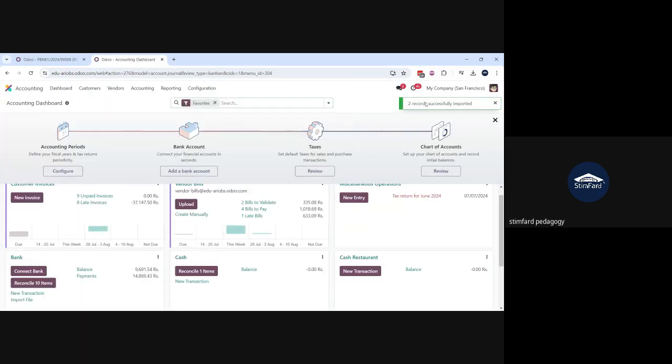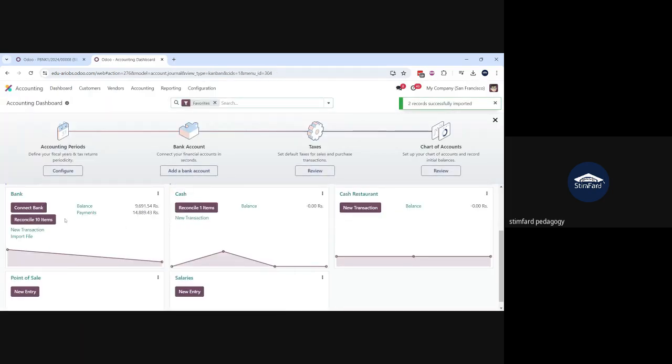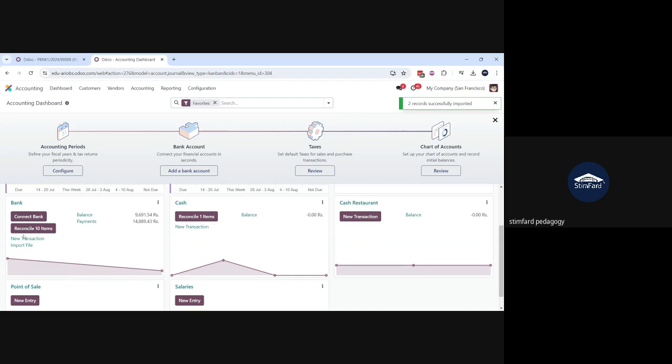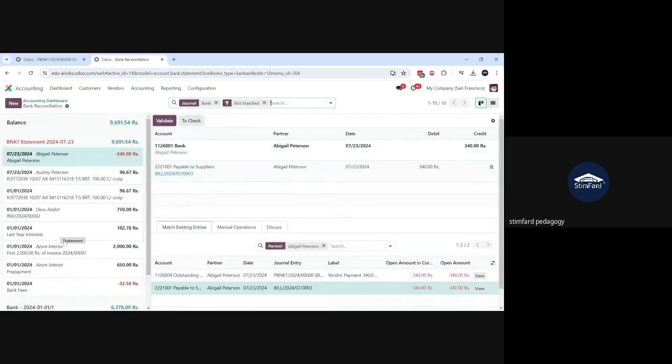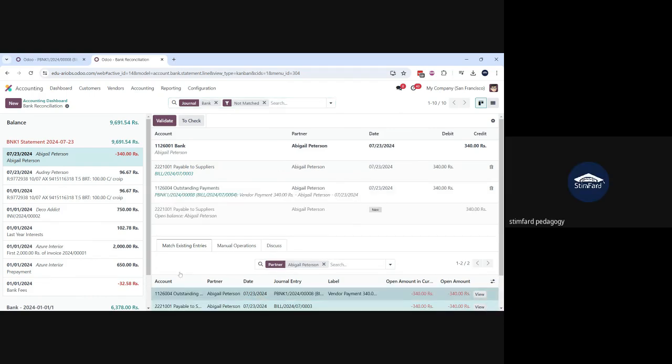You will see the message on the right side, two records successfully imported, and on the bottom on the bank you can see reconciled 10 items now. Two statement lines have been imported. If I go to the statement lines, now the time is to reconcile them. I have imported a statement line with 340. You can see it's the 340, and under the payment you can also see